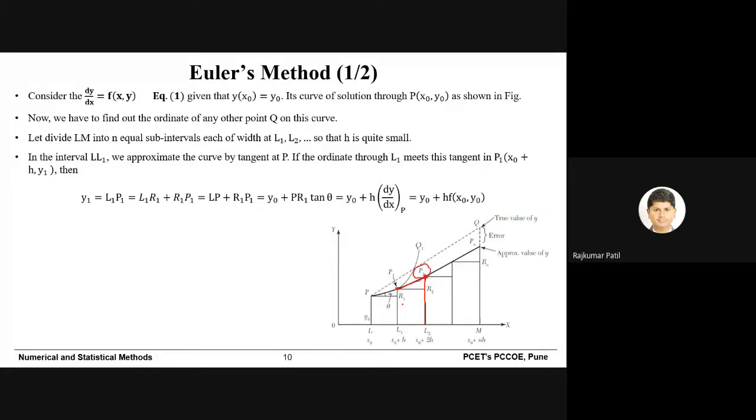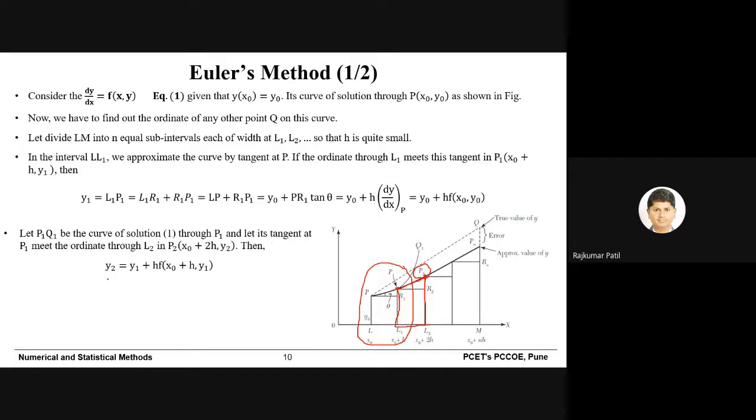Now we can consider this geometry, that is L1, L2, P2, P1. We can find out the ordinate of P2. So just the process that we discussed for previous geometry, we can use the same process, and we can calculate